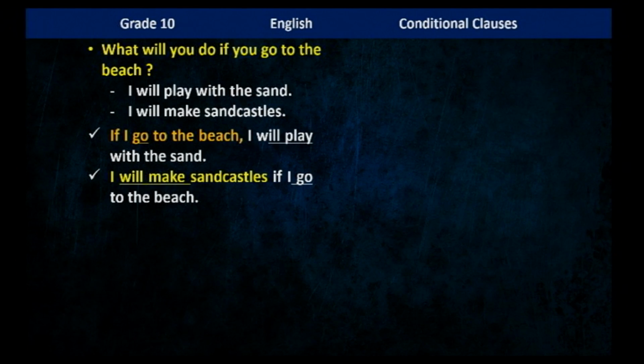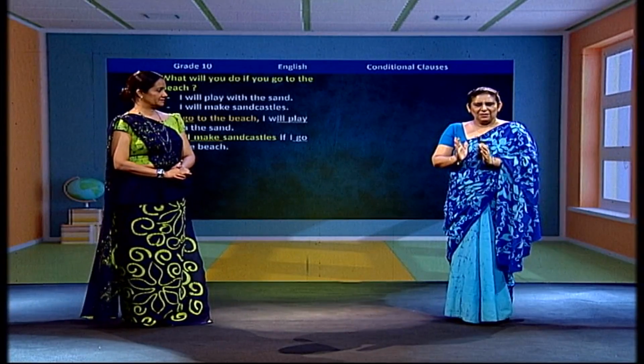Yes, now here it is the other way round. Miss had placed the main clause at the beginning. At the beginning you can say, I will make sand castles if I go to the beach. Remember, children, don't worry. Only thing, whether it is the if clause or the main clause first, you have to remember the rule. If it is if, you have to use the simple present. If it is the result part, then it should be will plus the verb. Right. Now let us see more activities here.